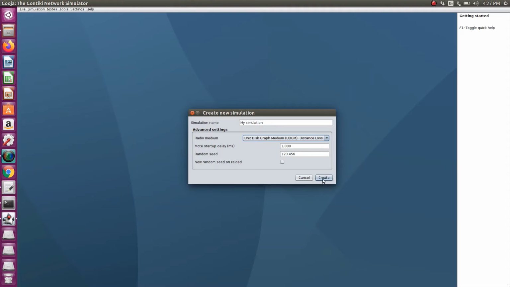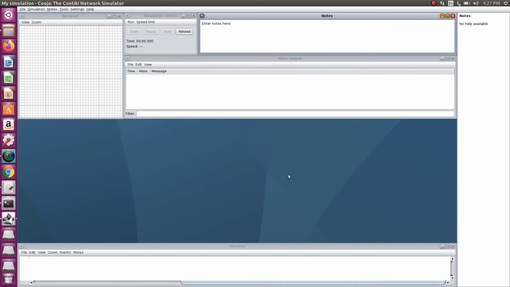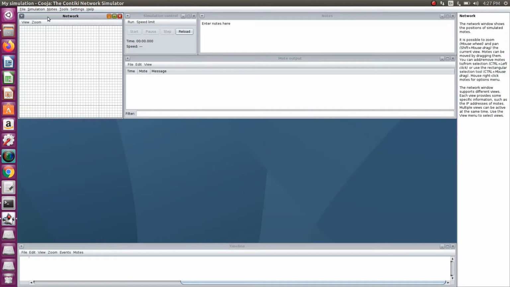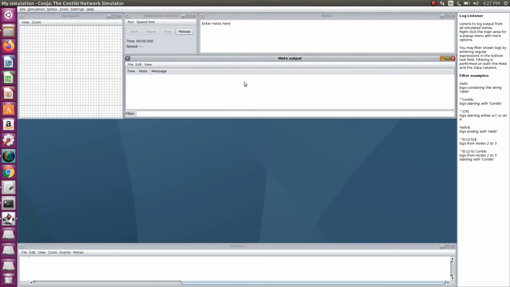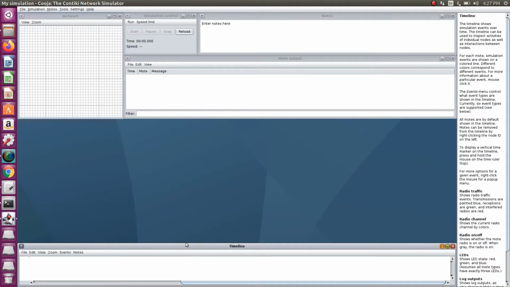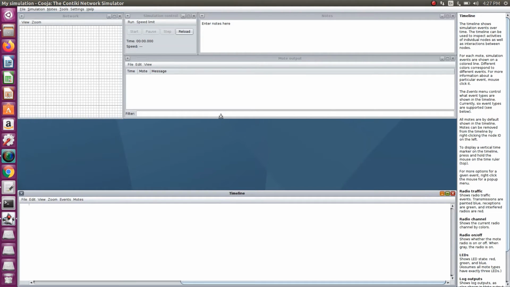So next click create. In that creation we have a network window, simulation control window, nodes window, mote output, then timeline. If you want, you can increase the window size.